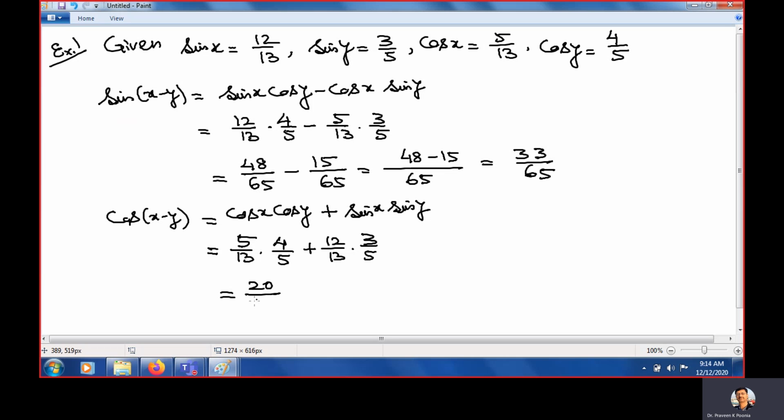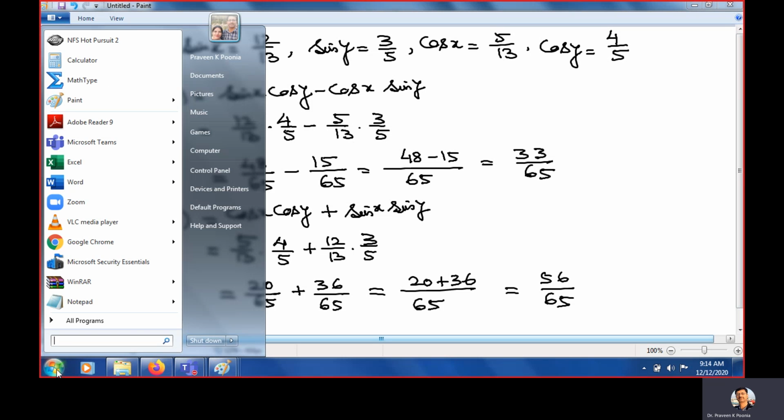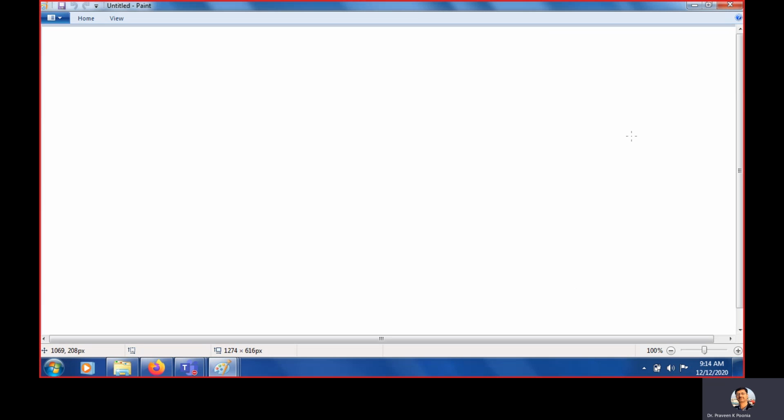So 5 times 4 is 20 upon 65, plus 12 times 3 is 36 upon 65. 65 is the LCM. 20 plus 36 is equal to 56 upon 65. So this is one type of question where the values of sin x, cos x, sin y, cos y are given. Another is again